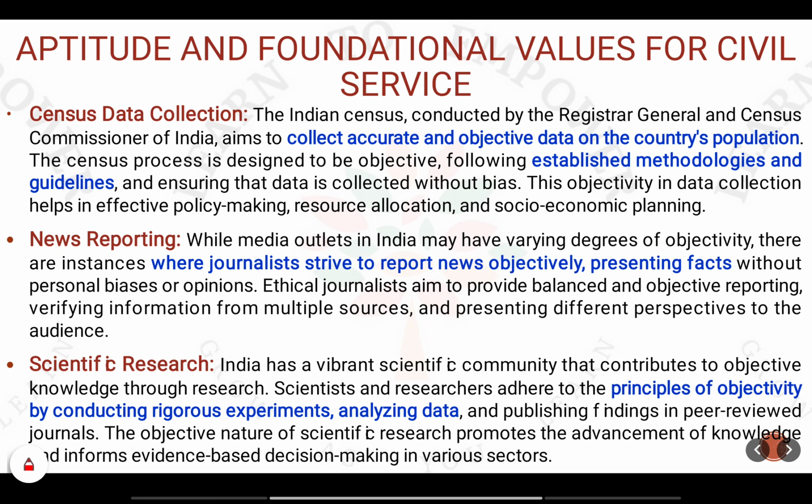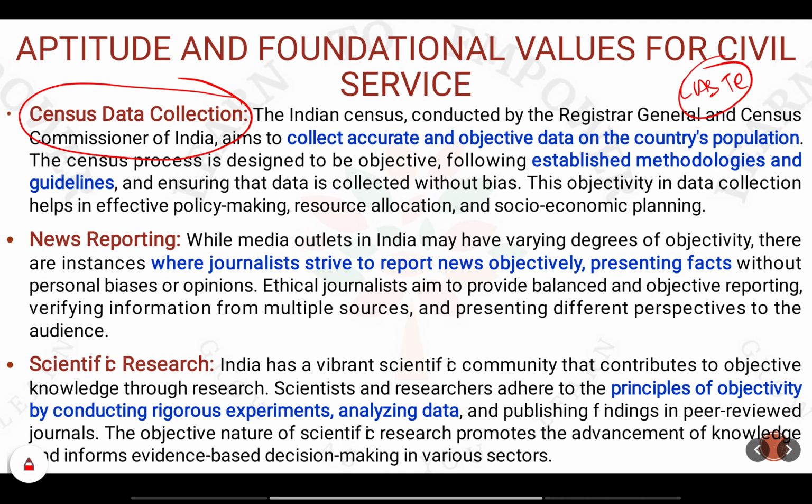The next important example of an objective manner is census data collection. Every 10 years the government will release the population census. When taking the population census, your personal biases should not come into the picture. That's why caste as a criterion is not included in the census. There is a separate caste census that goes on, but not in the regular census. In the population census we are not including caste. The moment caste is included, the data that is getting entered might get biased by the person who is actually doing the data entry, right? So to avoid this kind of bias, we are avoiding the values which might give rise to